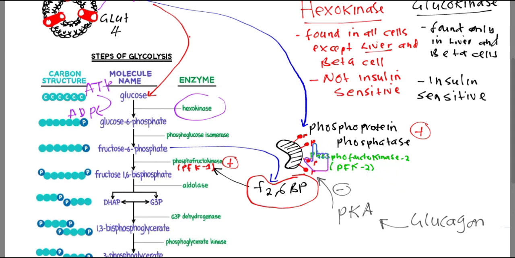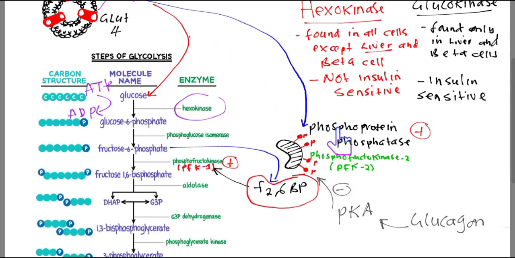So this enzyme normally has those phosphate groups attached to it. And when it has those phosphate groups attached to it, it means that it is inhibited. It cannot work. So PFK2, or phosphofructokinase 2, has the phosphates attached to it, and that simply shows us that this enzyme is inactive. It's not working. Now, what happens is that when insulin binds to the insulin receptor, it activates this molecule